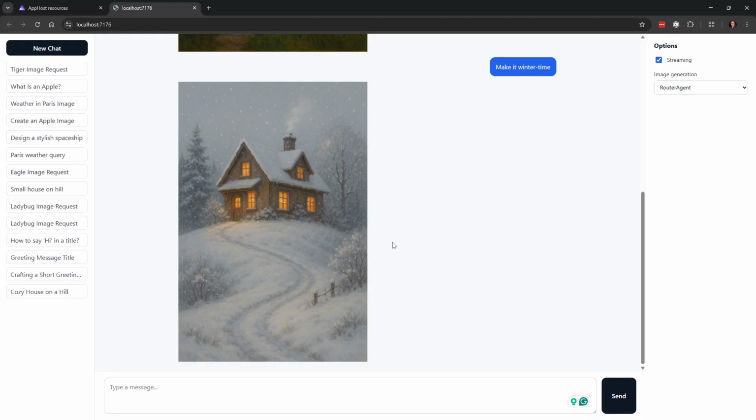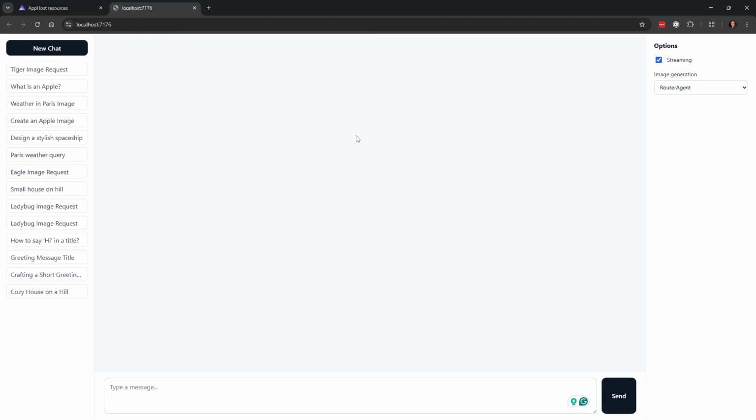That would not work, because it would either go into image mode and not be able to call the tool, or it would go into the tool mode or the chatbot mode, call the tool, but not have any access to images. So for that reason, I have put in that we can do it in a different way.